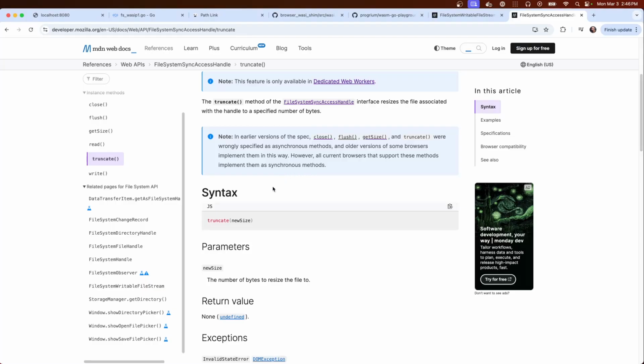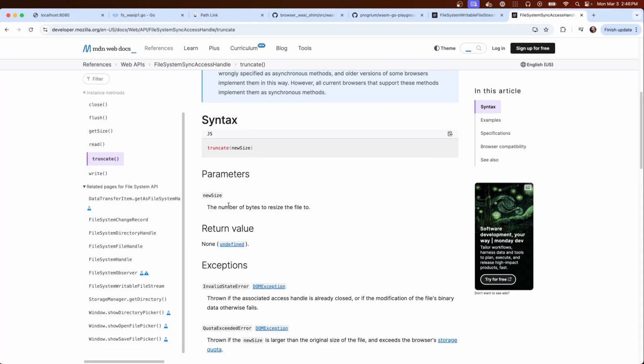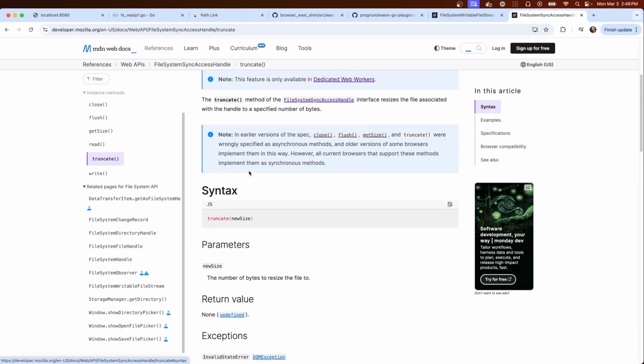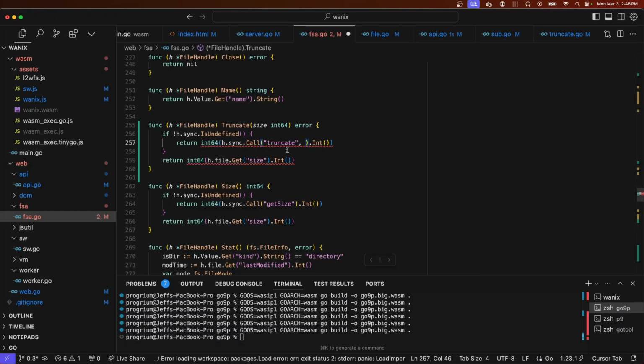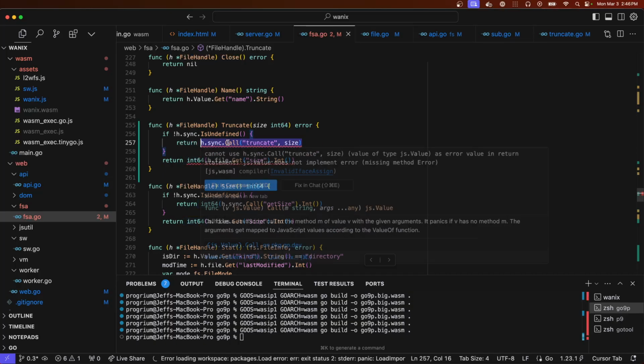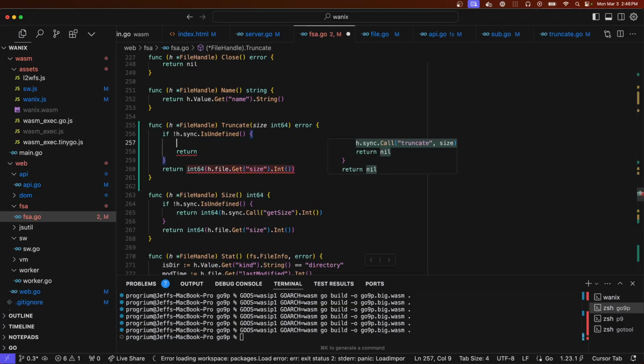Nothing, makes a size. I guess call doesn't return an error or anything, so.